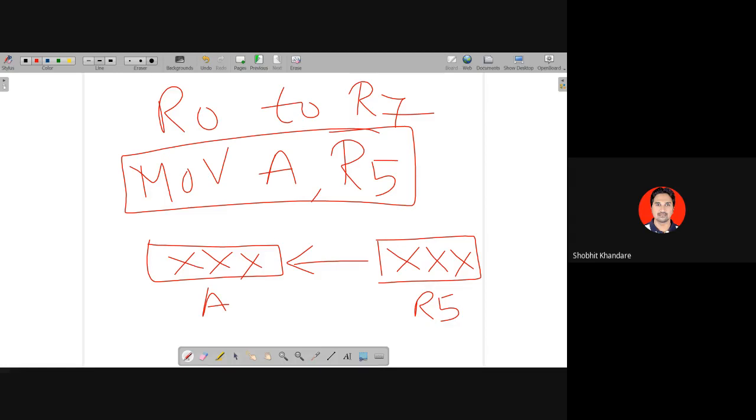Now remember, whenever you are encountering different instructions, every instruction will consume some bytes. The instruction may consume 1 byte, 2 bytes, or 3 bytes. It depends upon what we will see afterwards. You only have to remember what you noted: it is a single byte instruction. There cannot be 0 bytes below a single byte, so I can say it is the minimum. The minimum byte is required to store this MOV A, R5. MOV A, R5 is a single byte instruction.